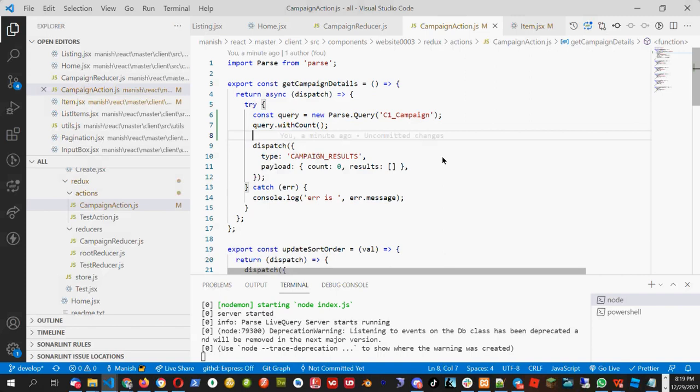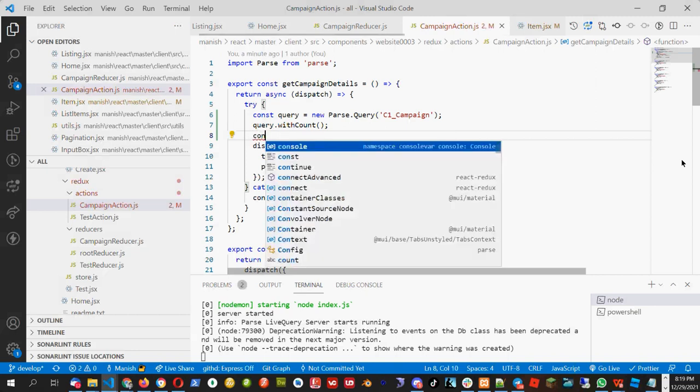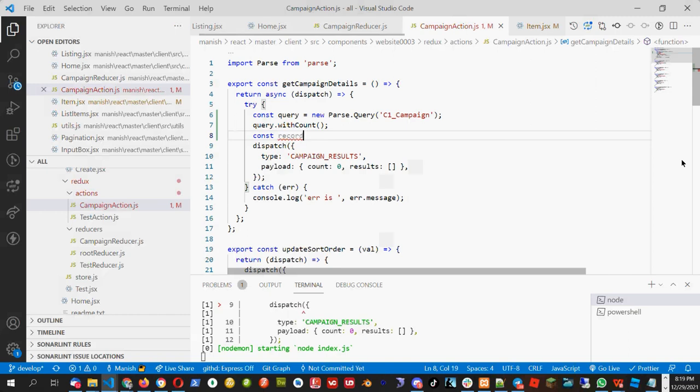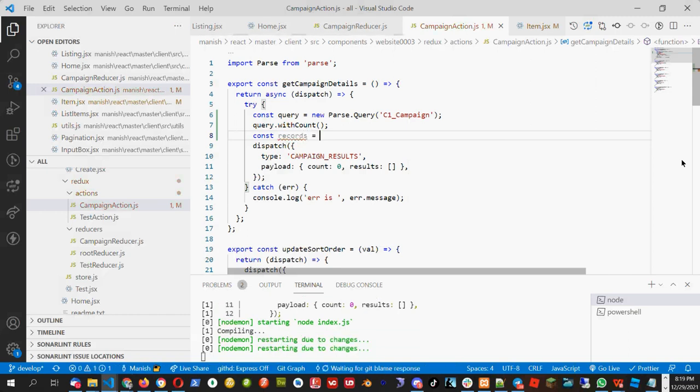So we have to create a variable. If you don't put a variable, it will become useless to do this line. So those who have not put the variable name in this line, they already lost a point. So we need to put in the variable. You can name the variable anything. I will name it record or records equal to.